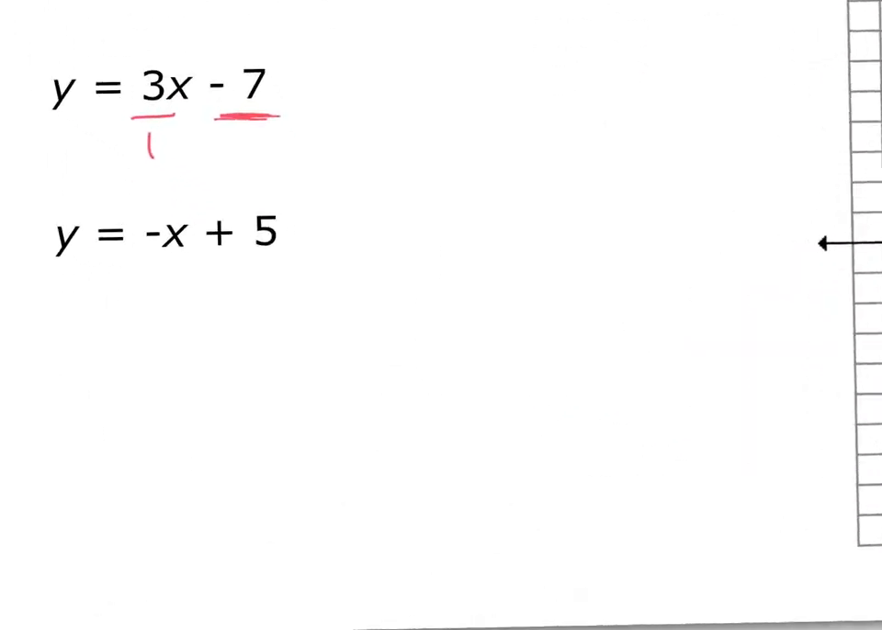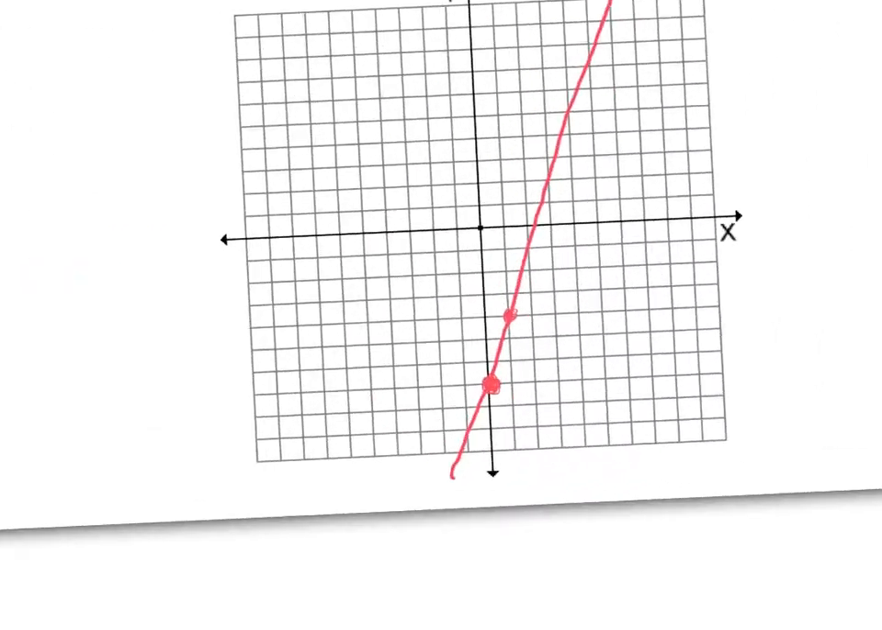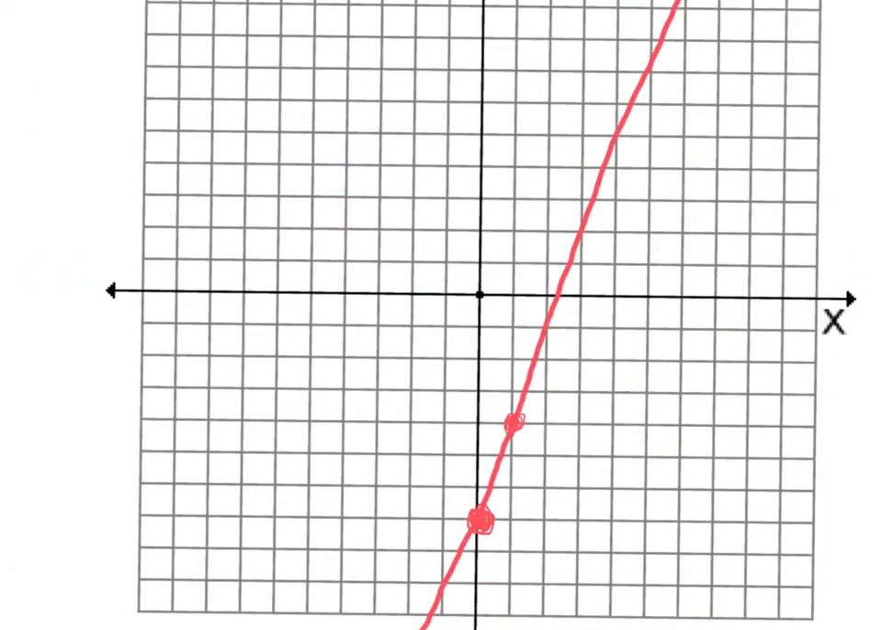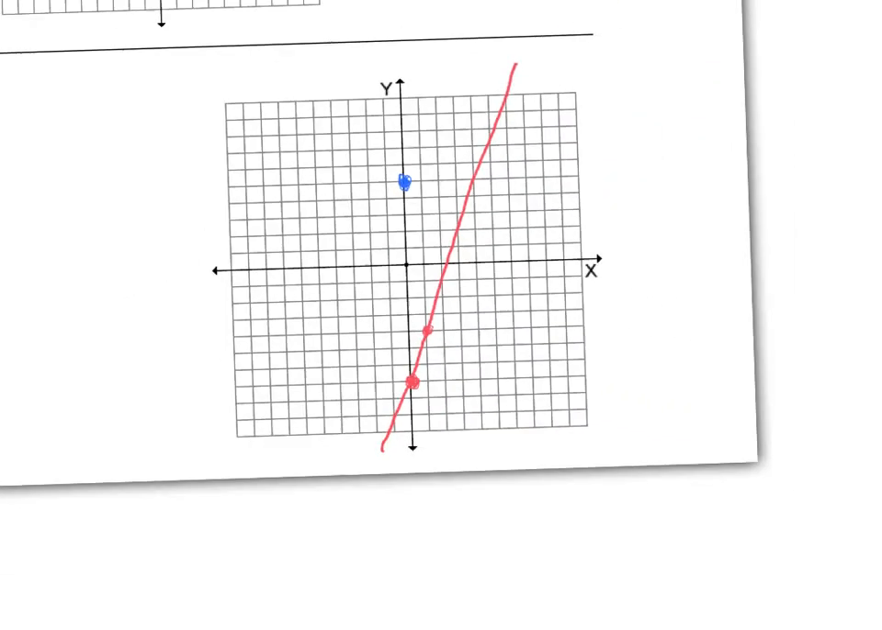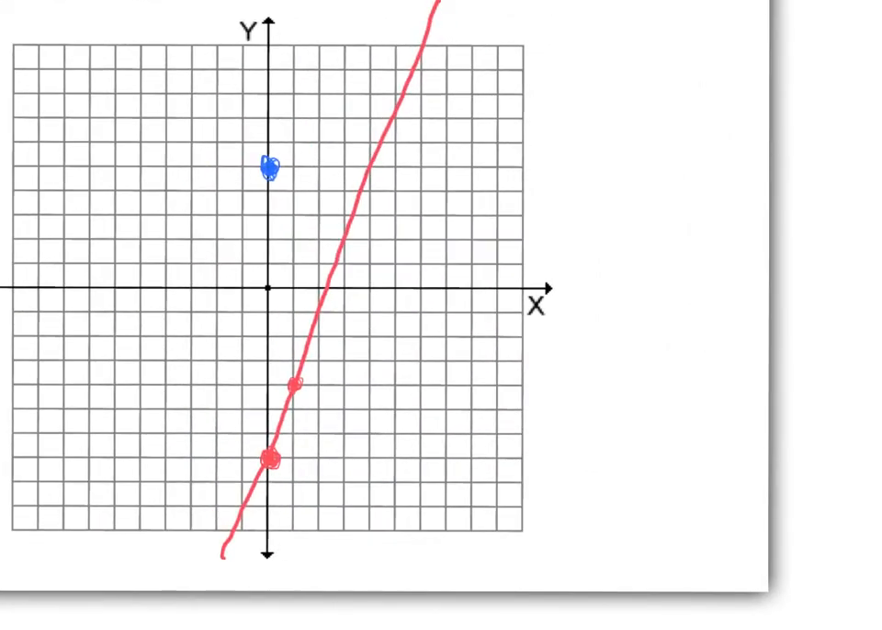Okay, next one. We have a y-intercept of 5. So let's draw that point. 1, 2, 3, 4, 5. And we had a slope of -1/1. So we're going to go down 1/1. And you could do this as many times as you want, really. And then you'll draw a